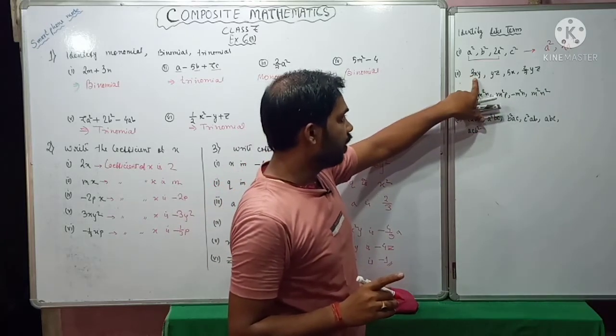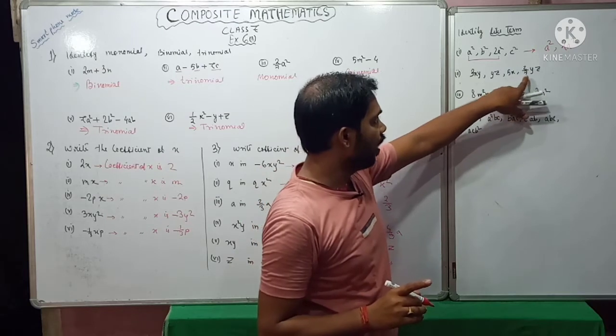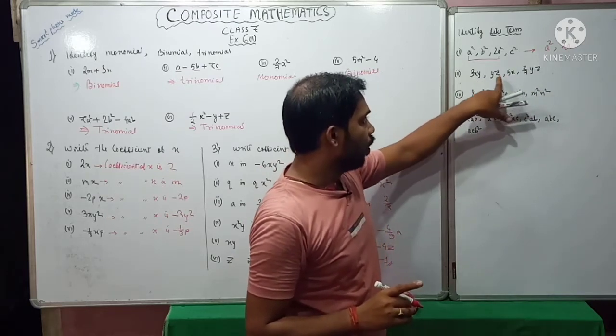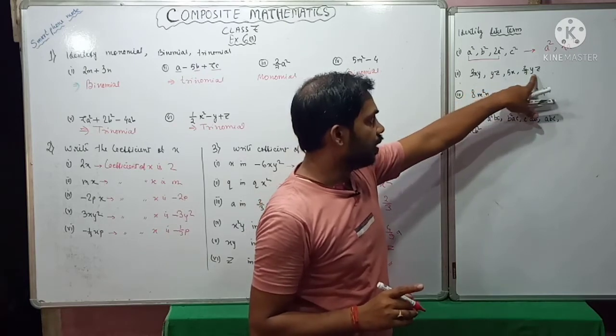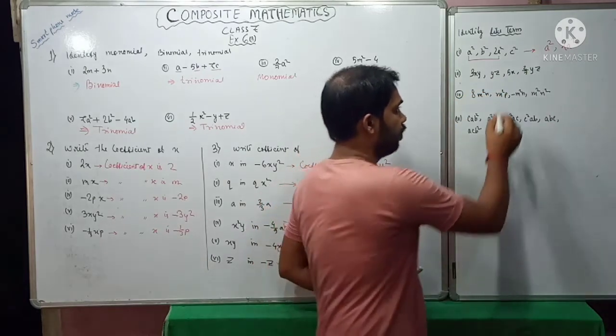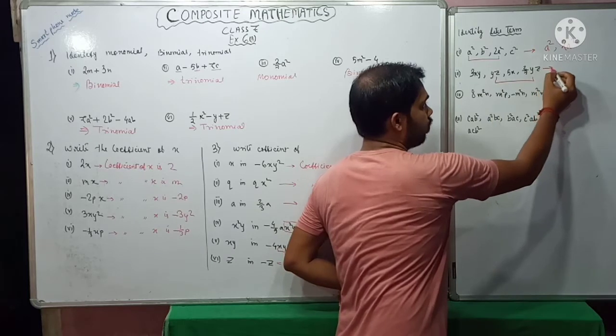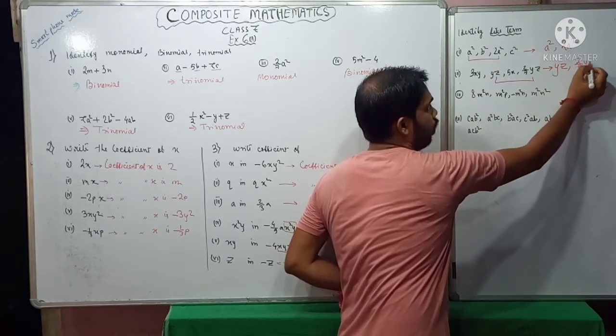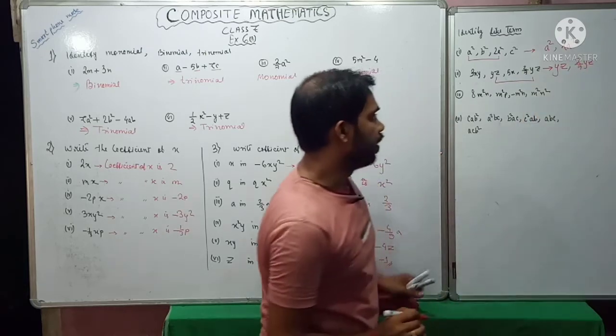Okay, here you see like term. Here xy is the variable, again not present. x is the variable, only not present, only 5x is here. yz is the variable and yz is present. So these two are like terms. So yz and 2/7 yz are like terms.